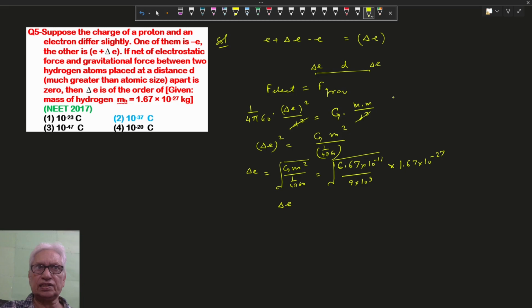So we solve, roughly 10 to the minus 37, very small gap. So option here is